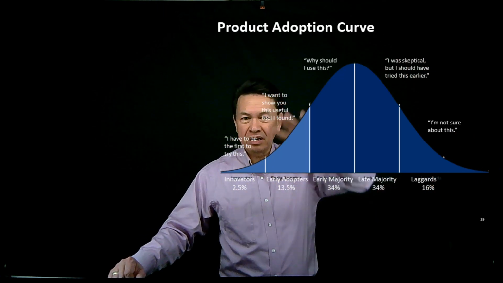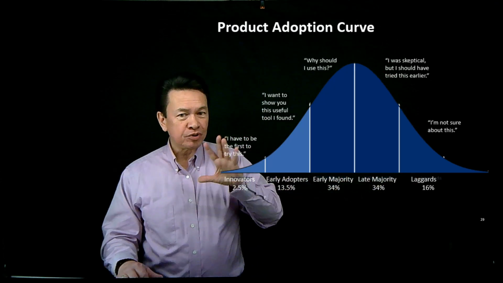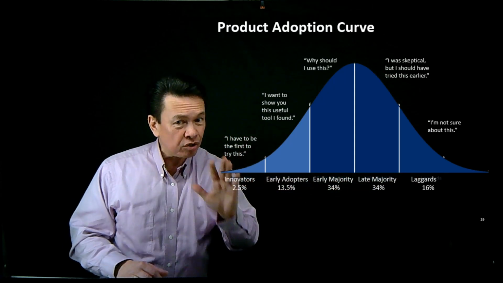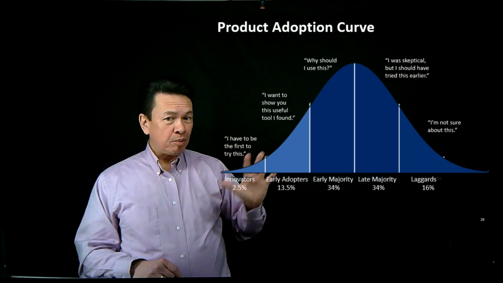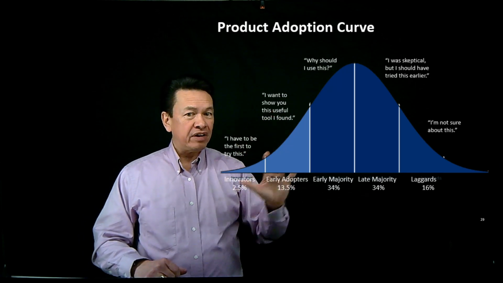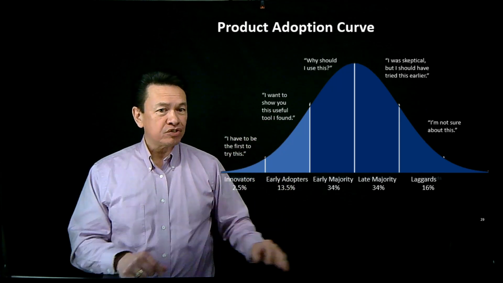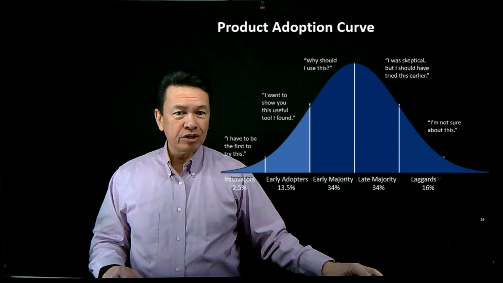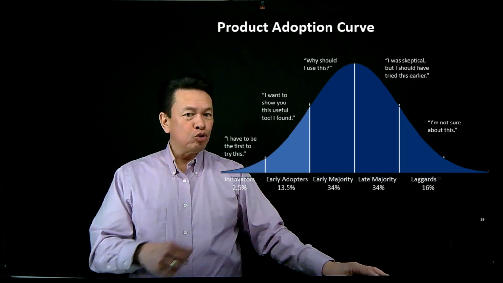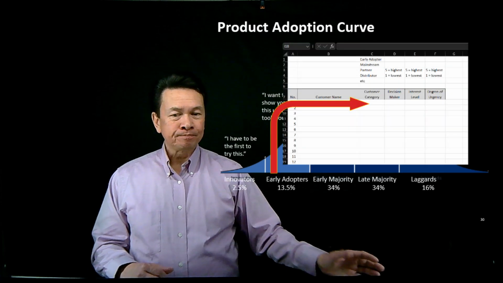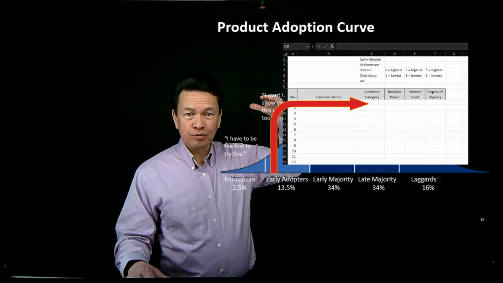So that's the product adoption curve. Almost all products, when they're released, that's what they do. So what we're trying to do at this beginning stage, whenever you come up with an idea, is identify who those innovators and early adopters are. Those are the ones that we're going to sell to first, okay? What are the issues that they have? How do we define who they are? That's that persona, okay?